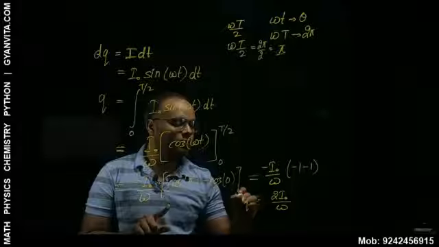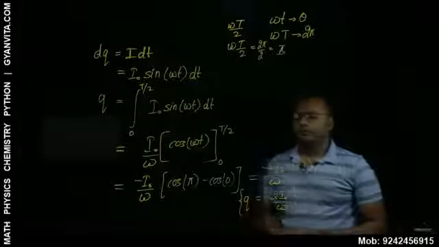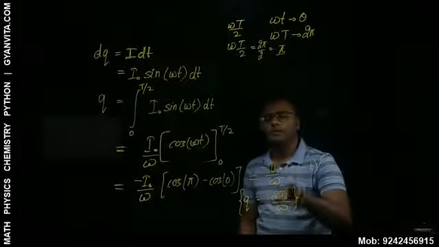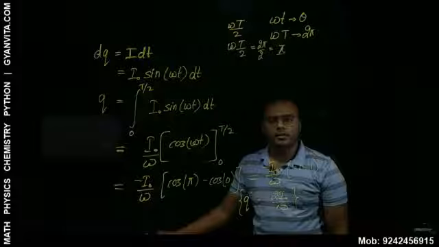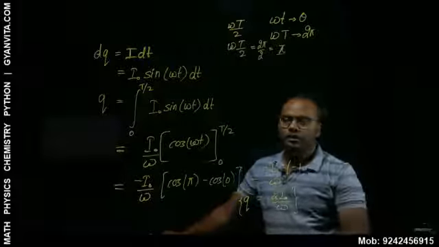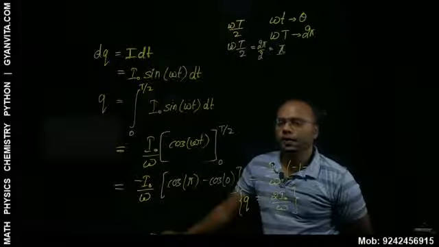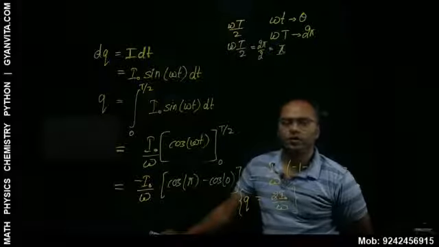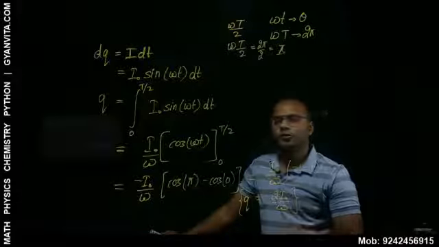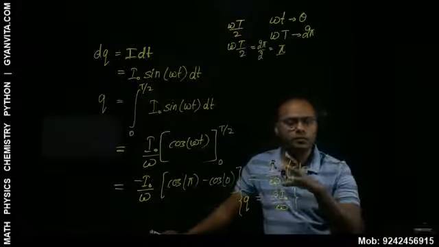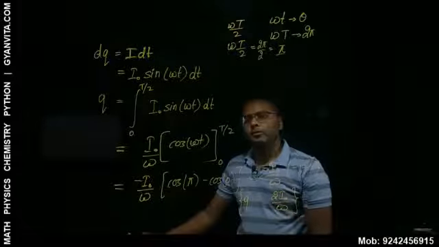This is the amount of charge which will flow in the T by 2 time. That is the capital T by 2. Capital T, that is in half time or in the half cycle, this is the amount of charge which will flow. Is this clear? The amount of charge that will flow in half time period or half cycle will be equal to this. So if this question comes directly, this is how you are going to derive it. That is, what is the amount of charge which will be flowing in half cycle.